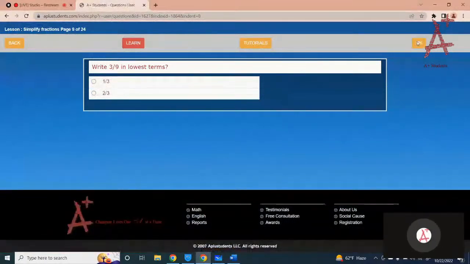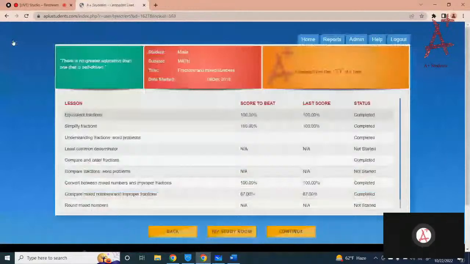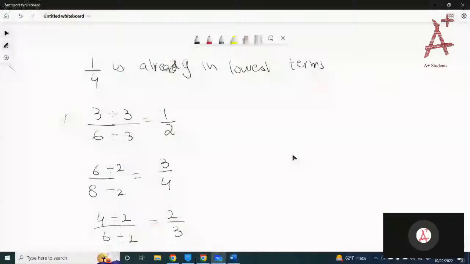Okay, so you can complete the test by yourself later today. I'm just moving on to the next topic. If you need more help with the topic, you can contact any tutor on the Skype. They are available from Monday to Friday, 5 to 9. Got it? Okay, the next topic is understanding fractions,